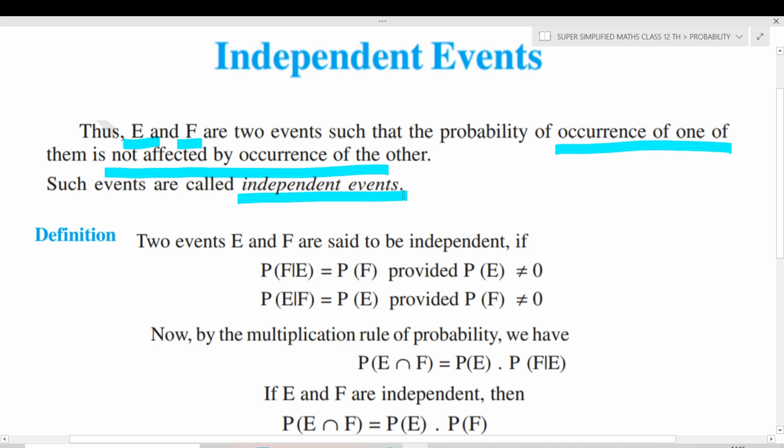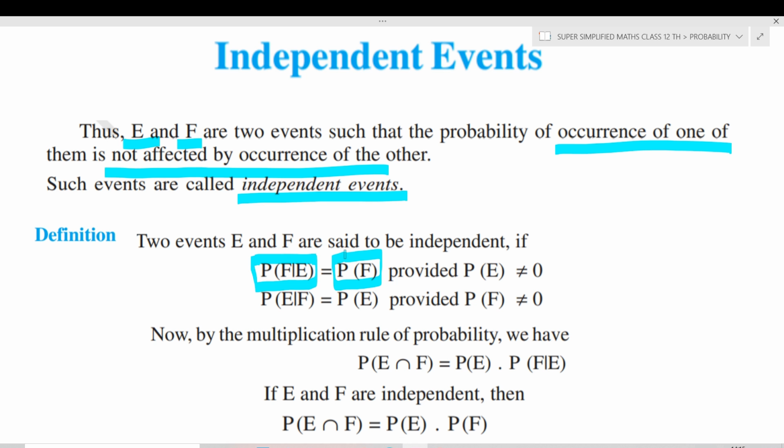So when do you think that the events are going to be independent? Suppose you have got two events E and F. Let us concentrate on F. We say if the probability of F by E, that means the probability of happening of F after E, is the same as the probability of happening of F without the happening of E. That means F is happening after E happens, or F is happening individually, and both the probabilities come out to be the same. If this happens, then we say that events F and E are independent.